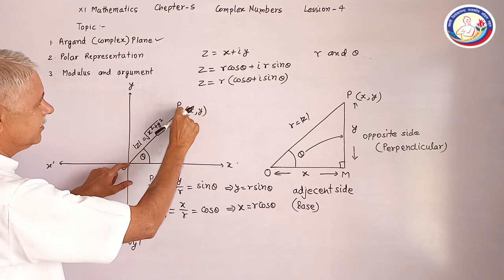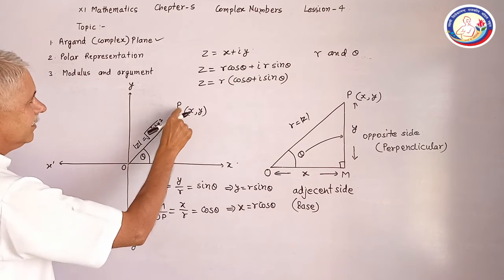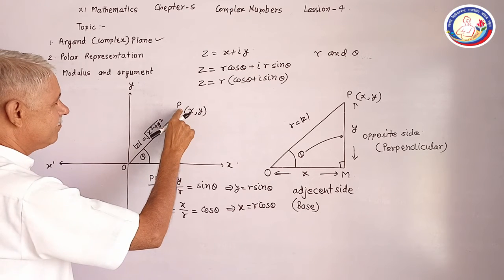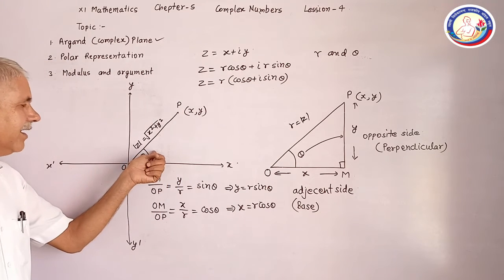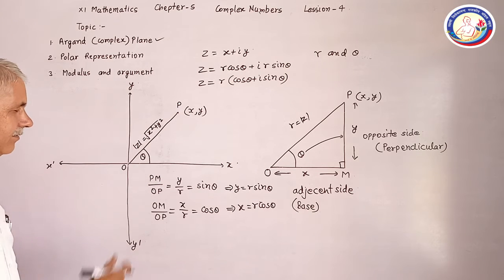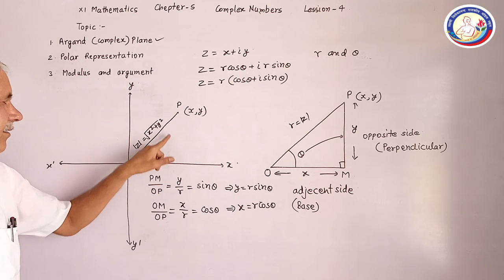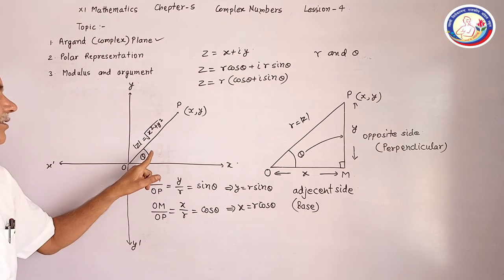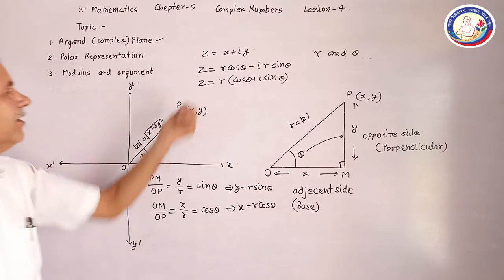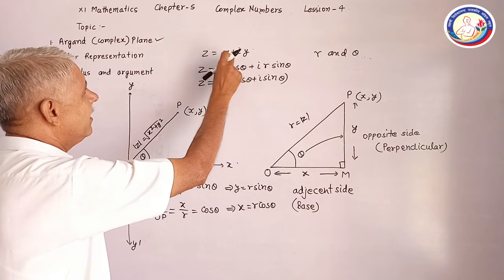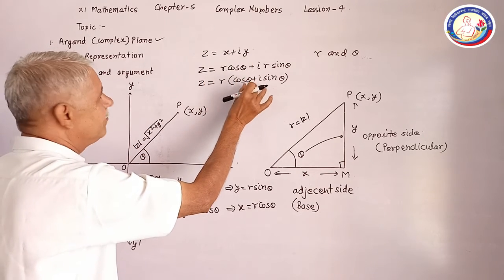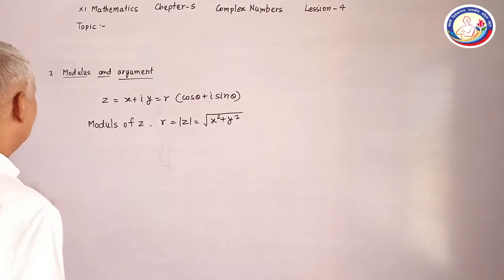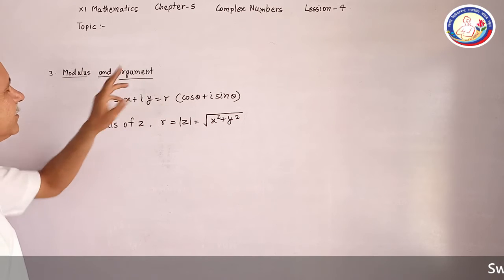If we measure the distance of a given point from the origin, it's called the pole, and its distance from the origin is called the polar distance. Second, the direction of OP, the angle made by the line joining O and P with the x-axis in the positive direction is called theta. So we have expressed z, x plus iota y, in this form, and this is called the polar form of a complex number. Now we come to the point, modulus and argument of any complex number.